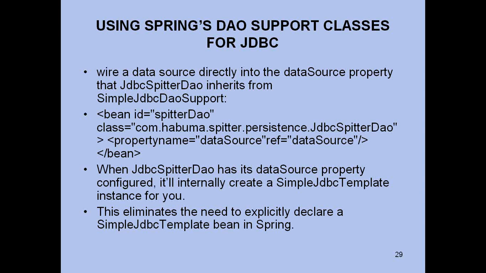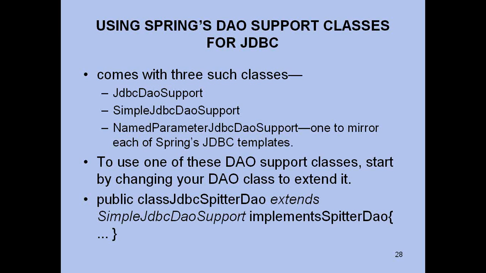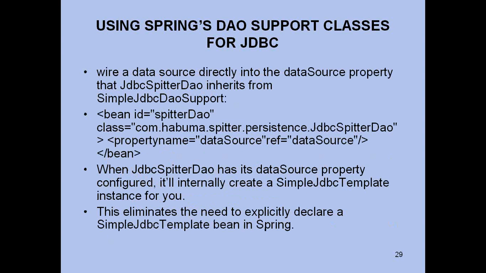When you extend that class, you just need to create a data source using one of the three methods that we discussed earlier, extend the simple JDBC DAO support class, and inject the data source. That's it. No more. You don't need to worry about JDBC templates anymore. I explained the JDBC templates because that's the core of Spring JDBC. Most of the time, use the DAO support class, create the data source, and inject that. Now you know how to get a data source connection to the database.